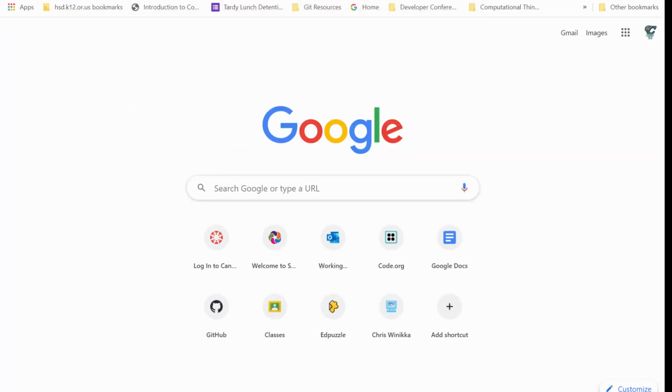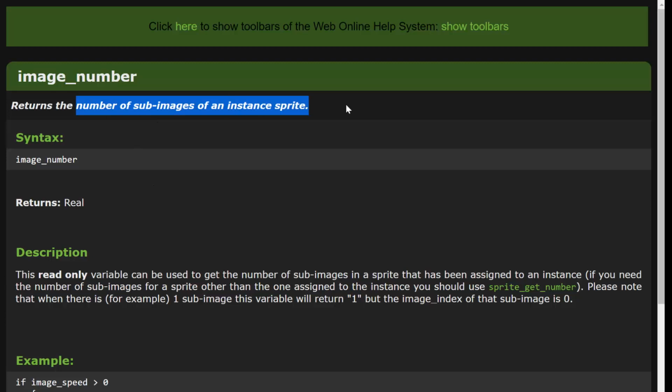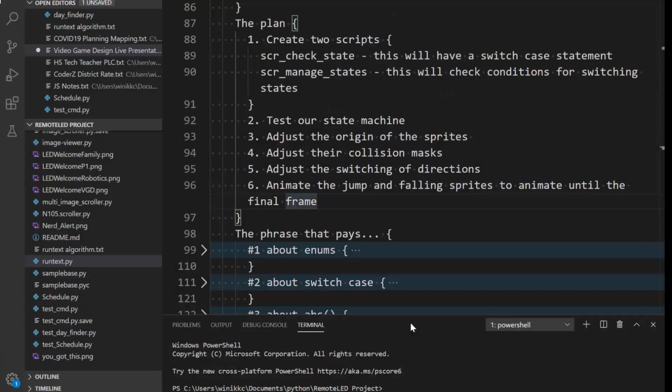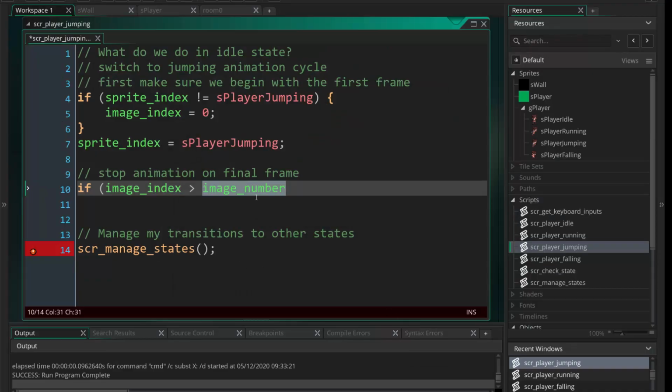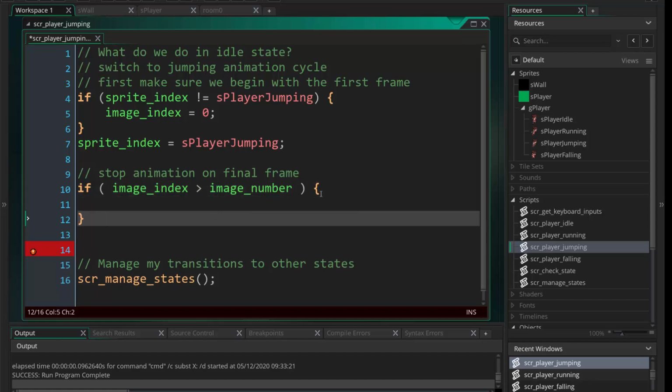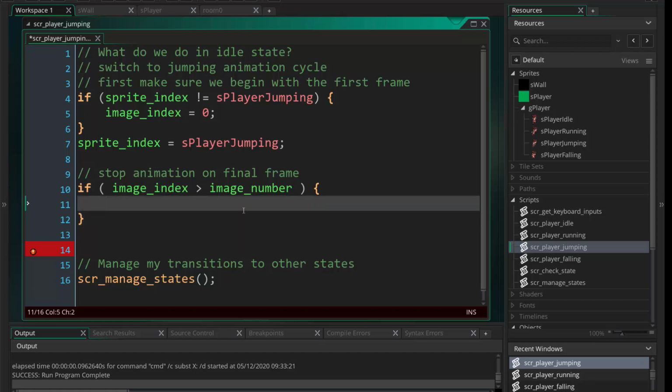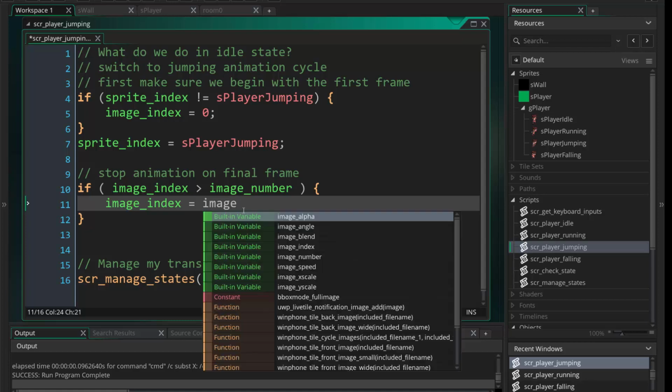I'm going to type GML. I'm going to paste that in. Image number. The YoYo Games doc says it returns the number of sub images of an instance's sprite. Perfect. In programming, a lot of times the image number is the same as what's called the length. So if that's the case, and I like to use my curly brackets all the time, I technically don't have to, but I'm going to do it here. Image index equals image